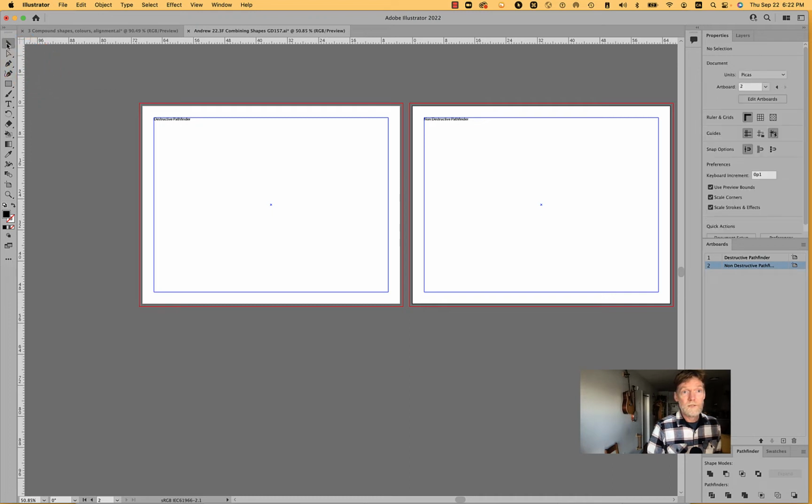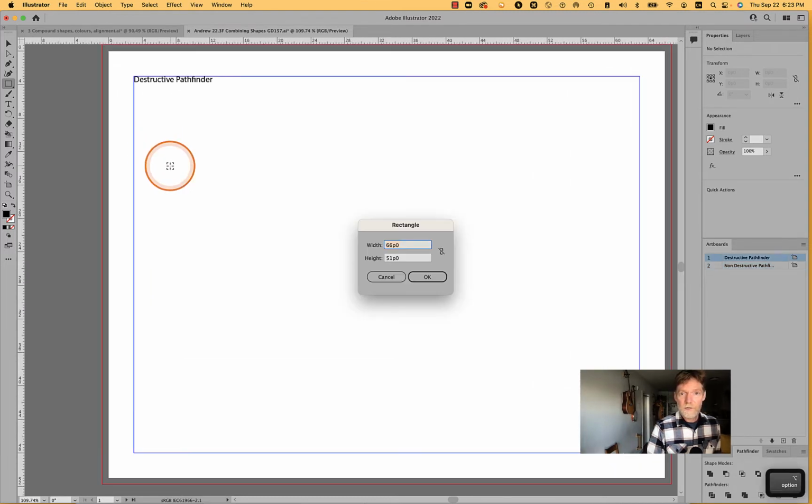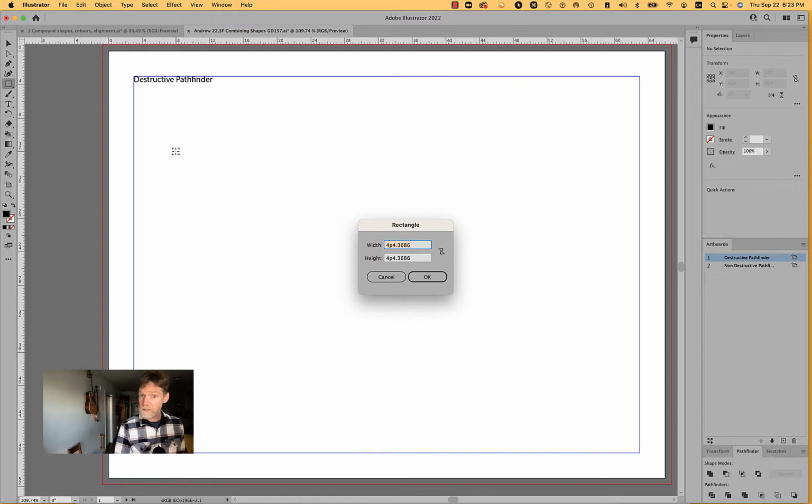So let's go ahead and create some shapes. We're going to create two shapes. One is going to be a square. The way we looked at creating shapes before was to click and drag. And you can see that as I drag, I'm holding the Shift key down to constrain it to a square. It's giving me some numbers here that are telling me the size of the shape. But what I want you to do is do it a little bit differently. If you hold the Option key down before you click, it gives you a dialog box that lets you enter